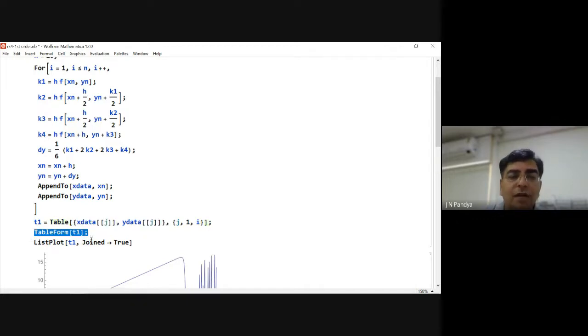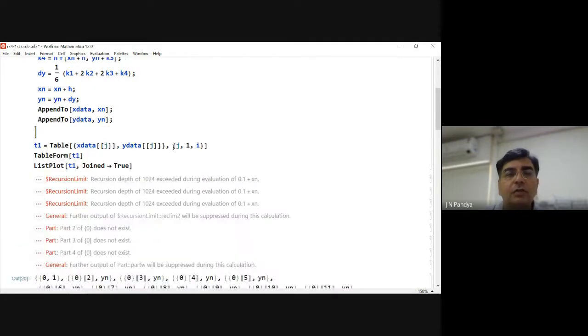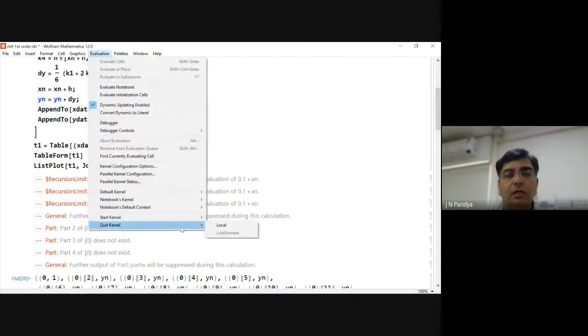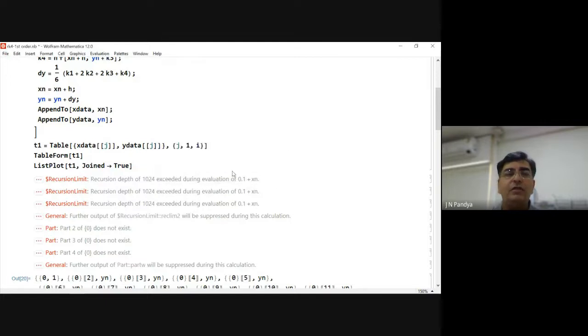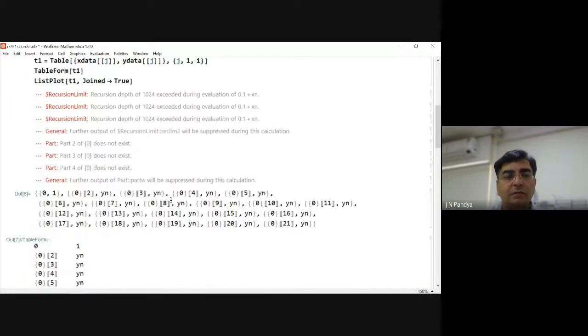Okay. So once you have it in table form, then the next question is, what do you want to do with that table? Let us run this thing. Okay. So let me have both these things seen so you can have an idea about what it is doing. Oh, I have to quit the kernel. Remember, wherever you get this kind of issues, the first thing that you need to do is quit the kernel, because while playing with lot many things, we might have used one or two things here as our variable in the other cases.